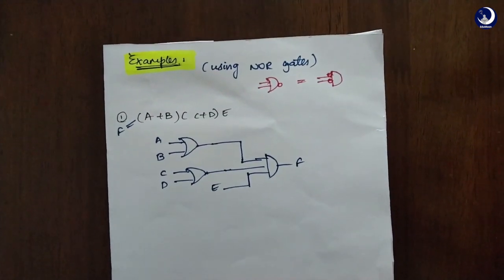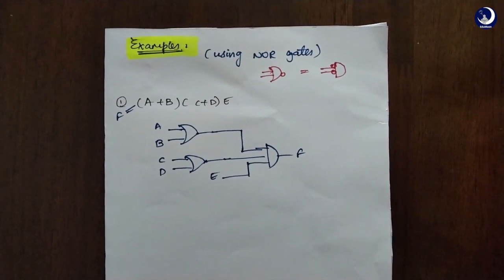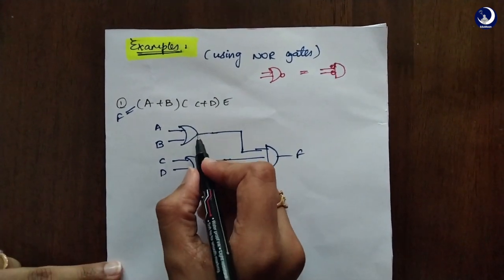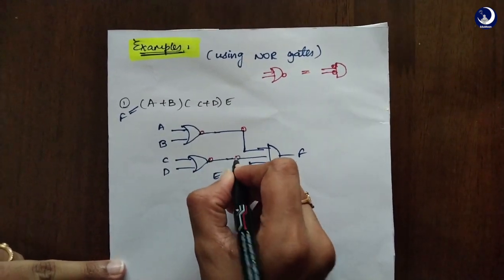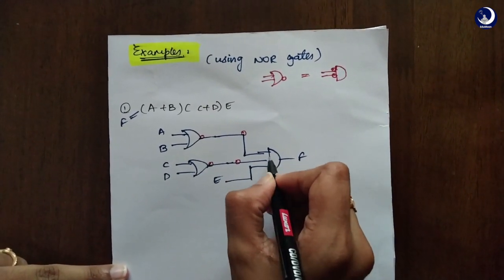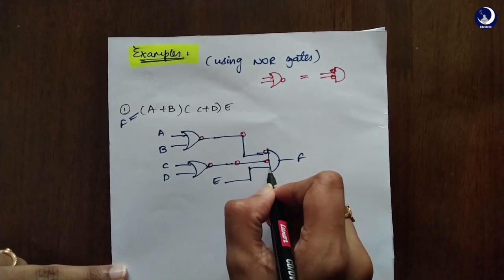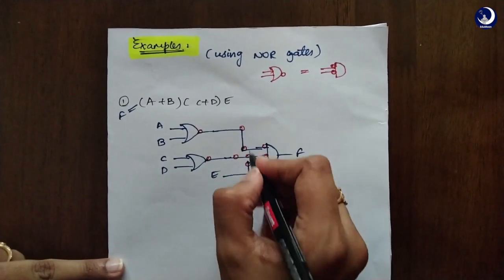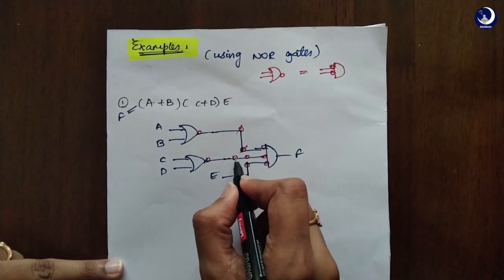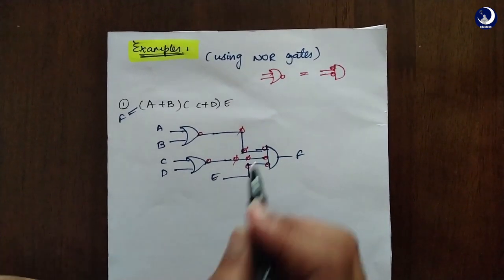As we're considering the NOR gates, you first consider the OR gates. So this is an OR gate, this is an OR gate. You place a bubble here, complement it. Place a bubble here, complement it. In case of the AND gate, you place a bubble in front of it. In order to complement them again, you place a bubble again and again. Now cross out the bubbles. These bubbles are crossed out, these two bubbles are crossed out. But this bubble remains the same.